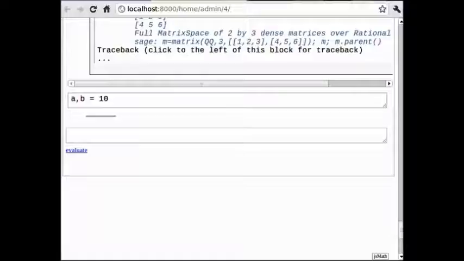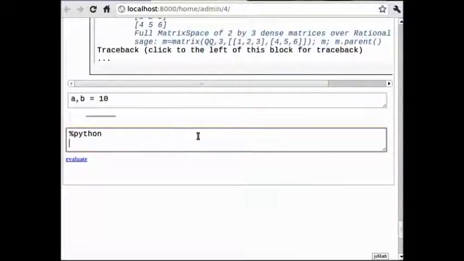For example, to interpret the cell as Python code, we put as the first line in the cell %python. Similarly, we have %sh for shell scripting, %fortran for fortran, %gap for gap, and so on.